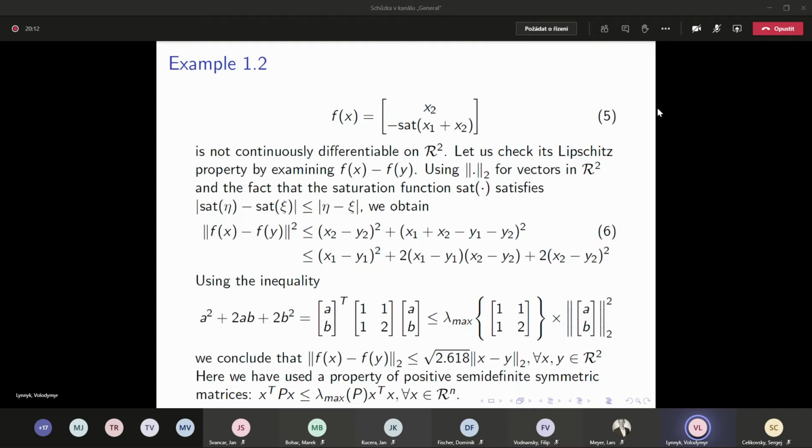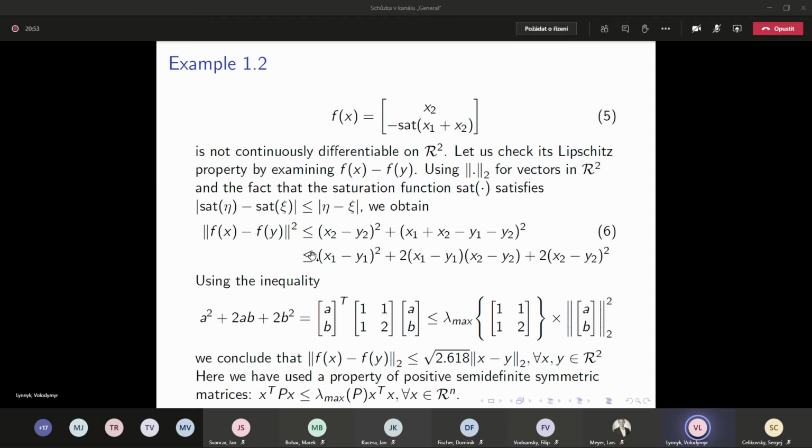Let's check its Lipschitz property by examining f(x) minus f(y) using non-equal vectors in R2, and the fact that the saturation function satisfies the next inequality, and then we obtain that this is less than or equal to (x2 minus epsilon2) squared plus (x1 plus x2 minus epsilon1 minus epsilon2) squared,